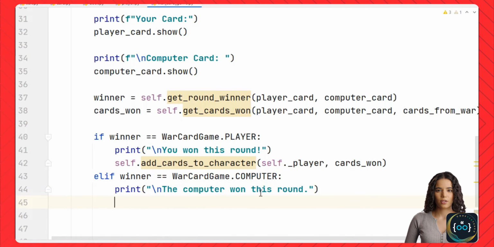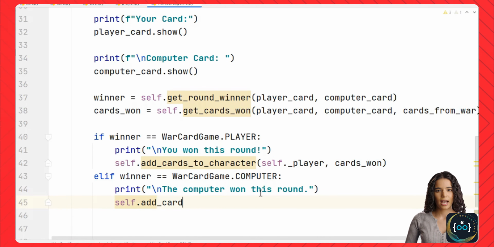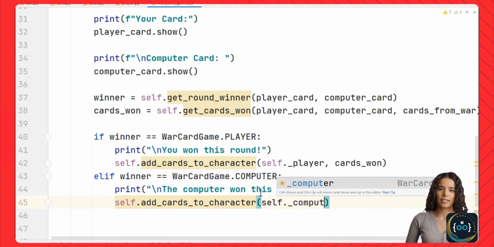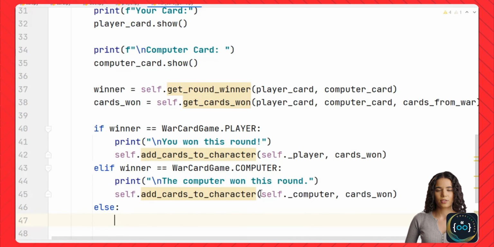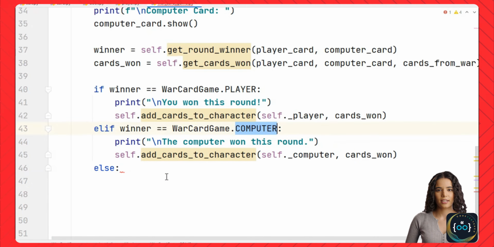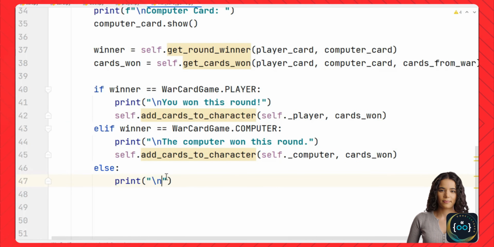This time we're not so happy, so we don't add an exclamation mark. Again, we say add cards to character. Which character? Well, we are going to write this the computer character, and we're going to add all the cards won by that character. Else, if neither the player nor the computer won the game, then it's a tie. And we have to print a message like, for example, it's a tie, this is war, because now war will